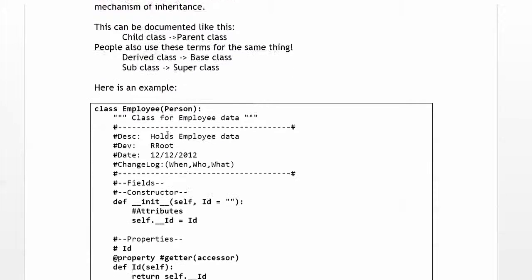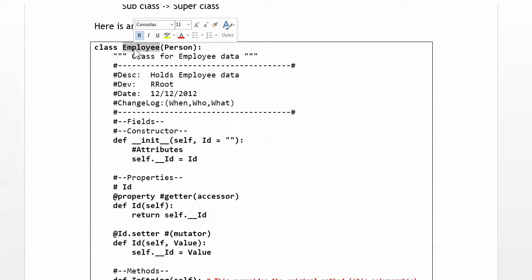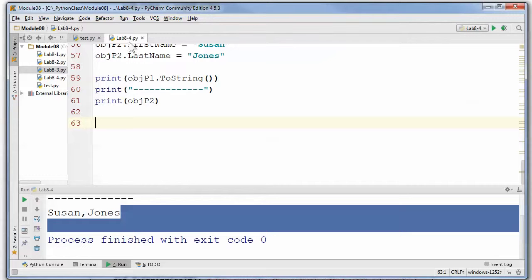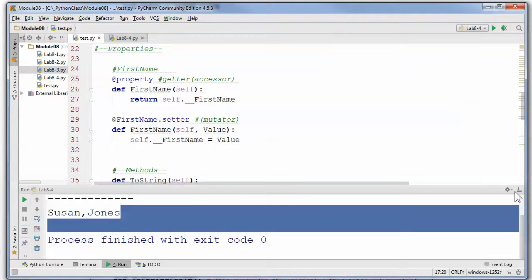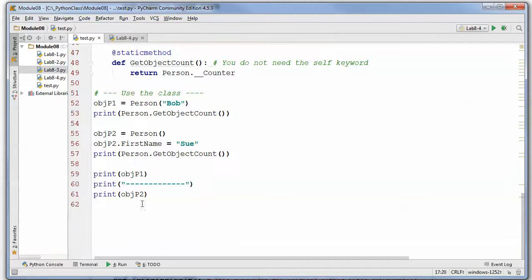Here's an example. Let's say I create an employee class, and I inherit from our original person class. Now, this means that the employee class automatically gains all the code from the person class without me having to copy and paste. Think of it this way. If I had this person class all set to go, and I wanted to make another class called employee,